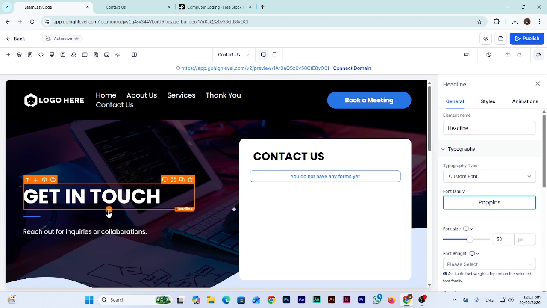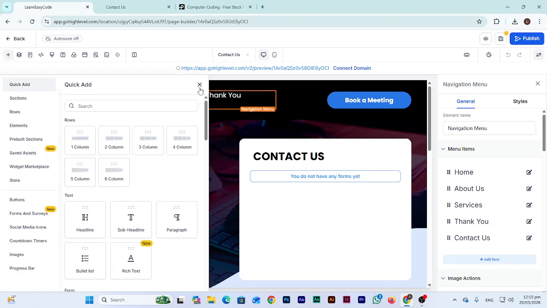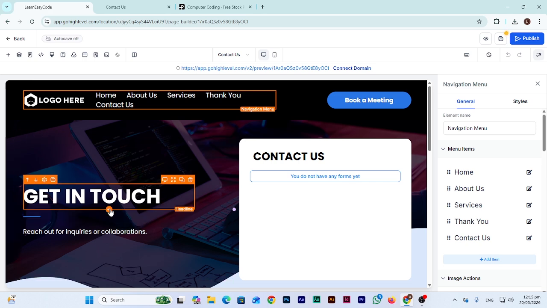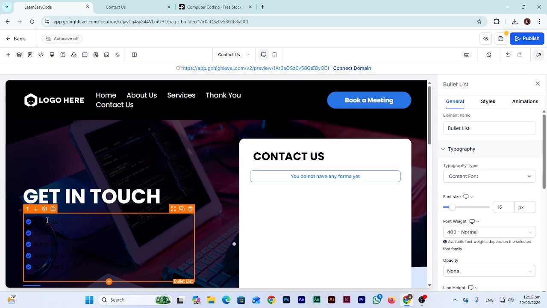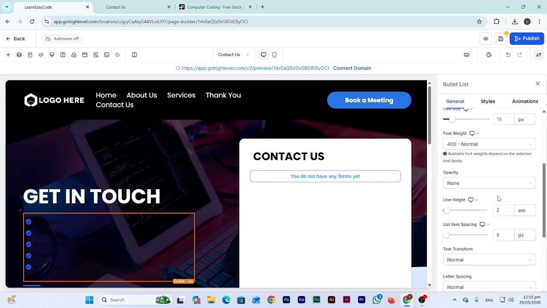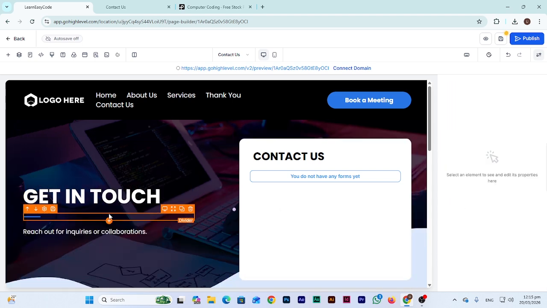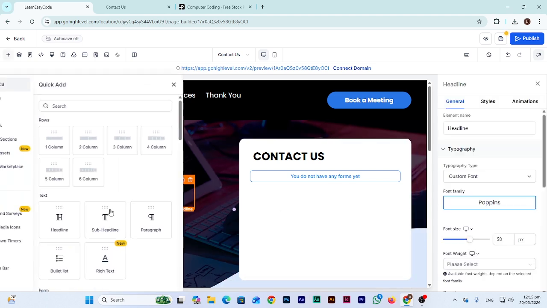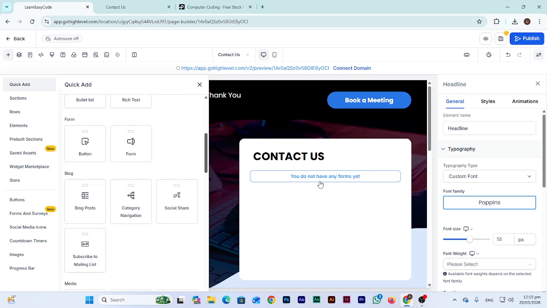See, if you want to add, like get in touch is here. If you click here, and if you want to add, for example, bulleted list here, so bulleted list is here. Now you can edit this one. And if you want to delete this one, so you can also delete it from here. So adding and subtraction of the elements also, you can click on plus, and whatever you want to add here,